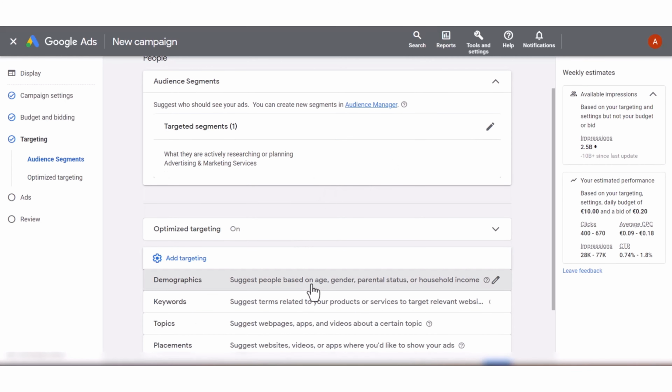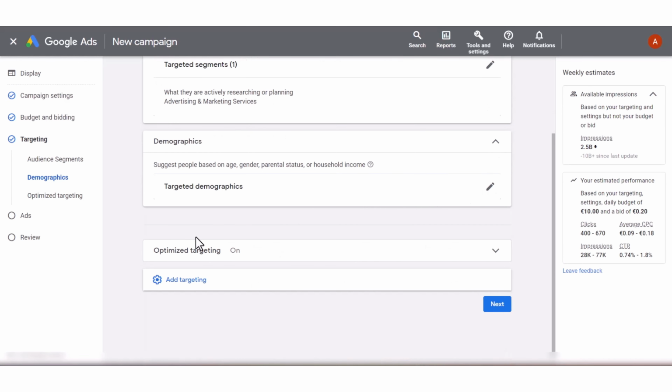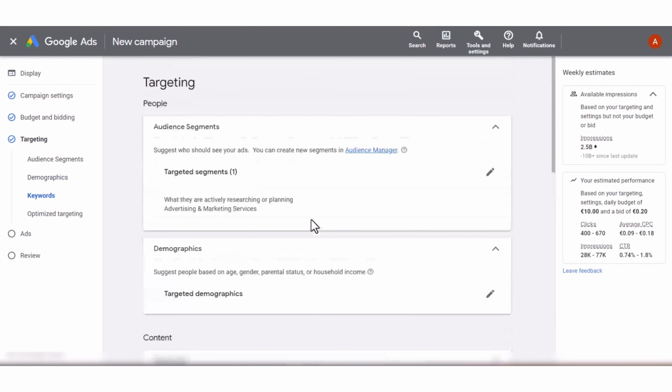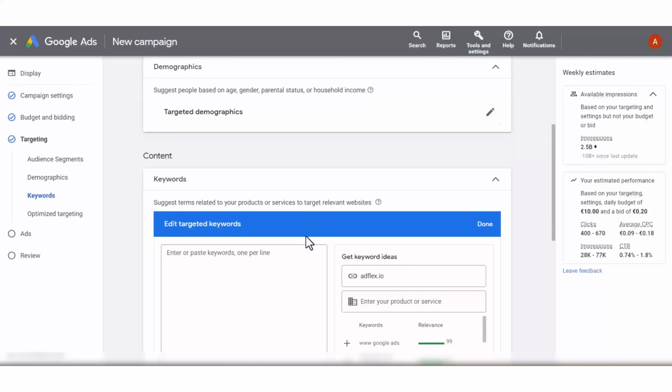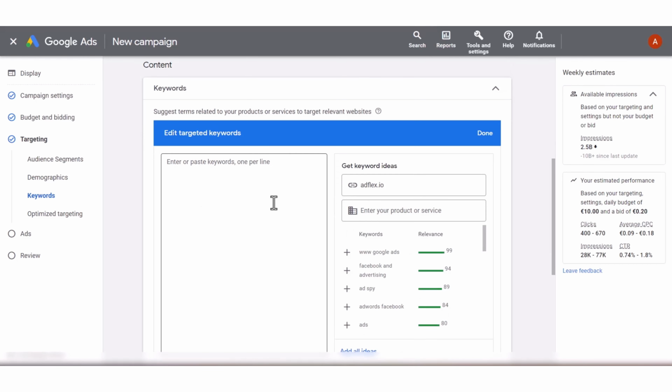We have demographics here again. You could choose the gender, age, parental status, and also we have the keywords. Now this part could also prove really helpful. You could choose to show your ads to people who have searched for terms related to a product or services on relevant websites. For example, our service is appealing to advertisers, so we are going to choose keywords that